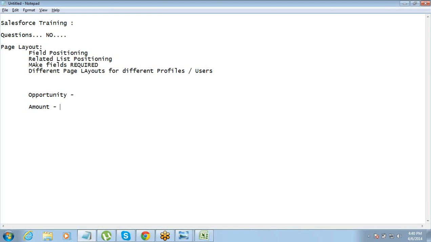So if you do it there, then it becomes universally required. Universally required means it is required every time. Without a value for this field, the record cannot be created in that object. Fine. Every record should have this value for this field. Got it? The other option of making it required is through page layout. So when you are doing it through page layout, then what happens? It becomes required only on the page layout.